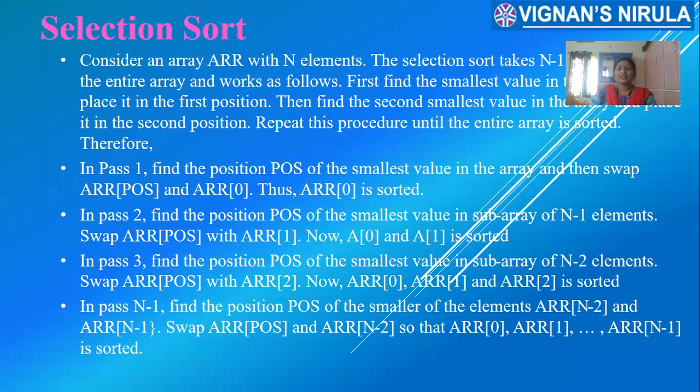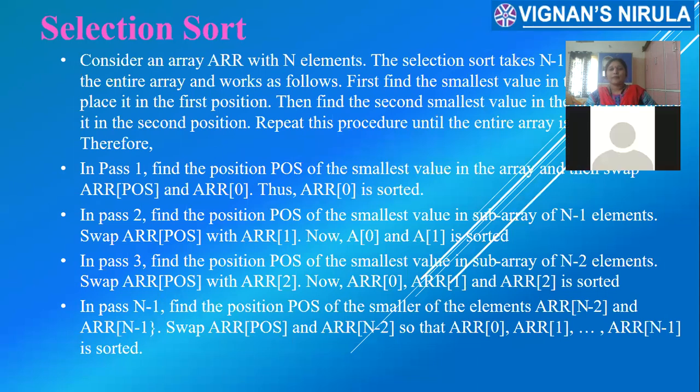Yes, ma'am. In the case of your selection sort, you are filling the sorted array from the left-hand side position. That is, first you are filling the least element into A of 0 in the first pass. In the next pass, you place the next least element in A of 1. Next, you fill A of 2 with the next highest element. Likewise, you are filling the array in sorted manner. That is the working principle of your selection sort. Did you understand how the selection sort is working?